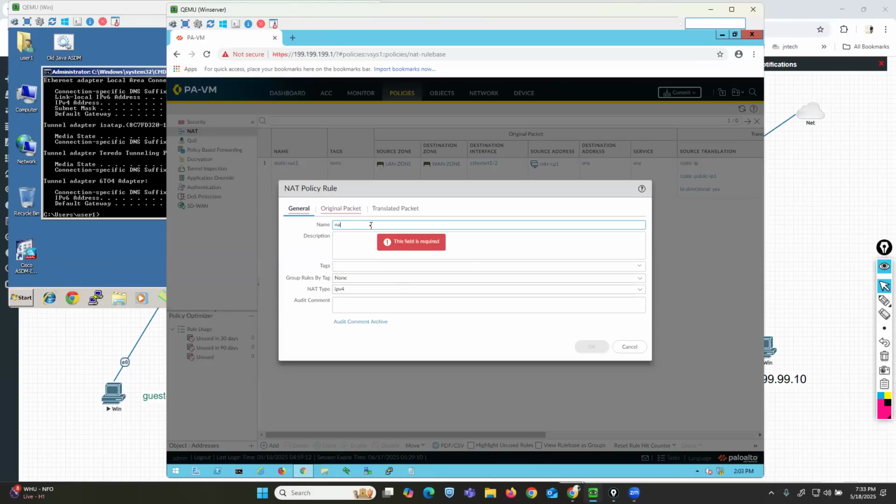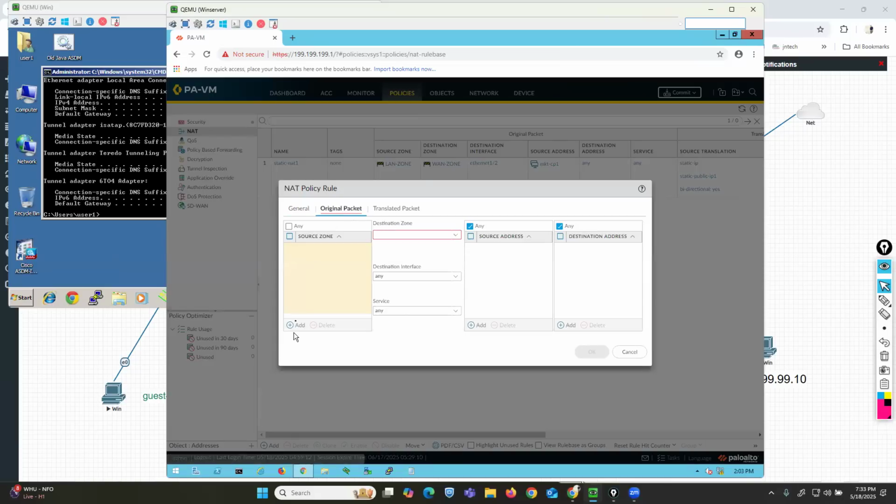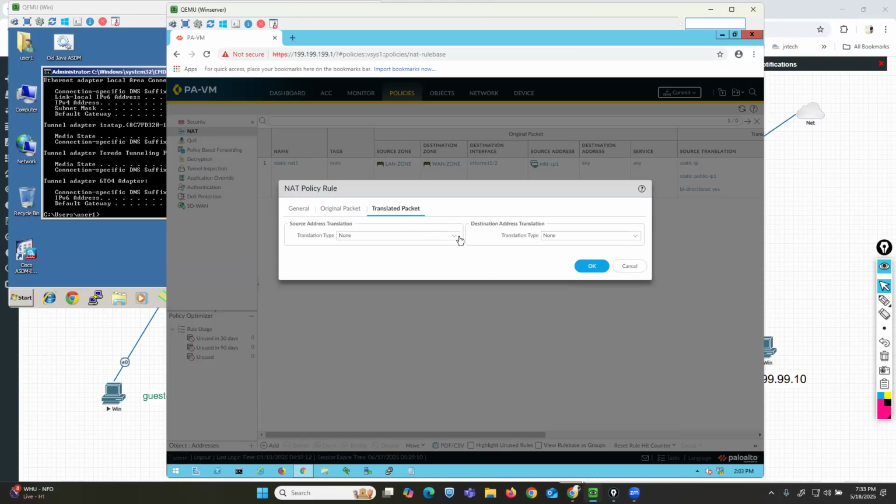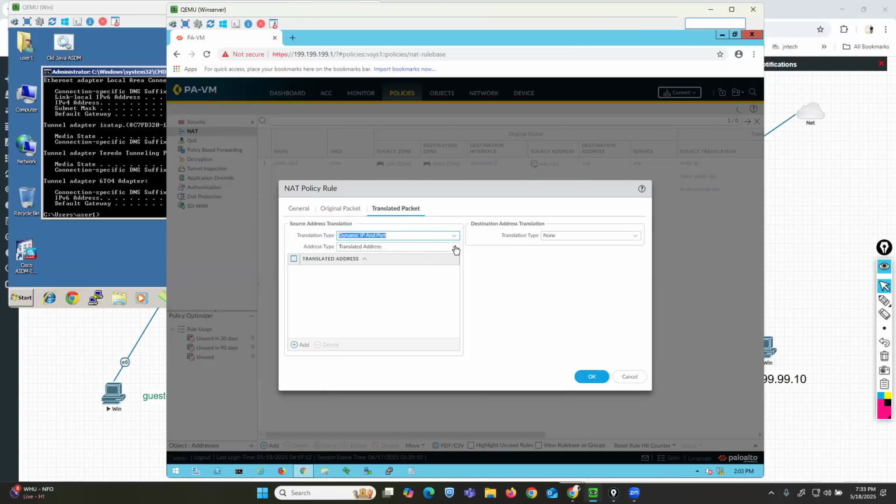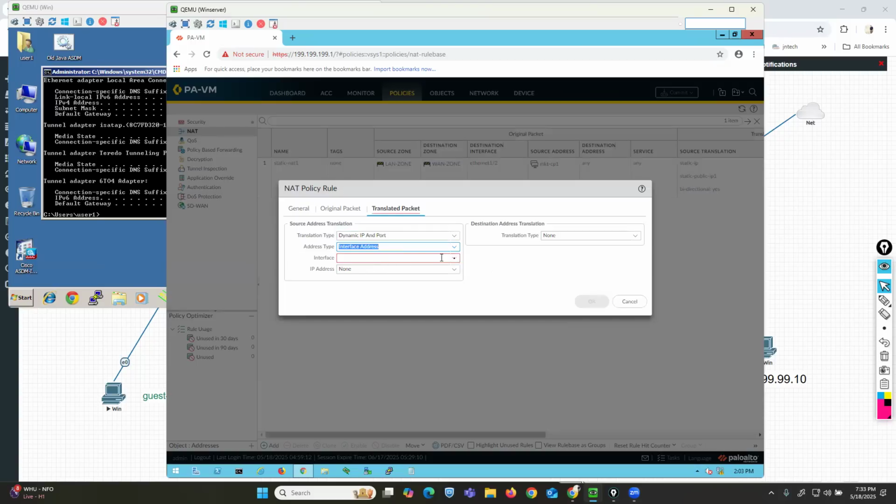So I'm creating NAT-POL original packet. If traffic is initiated from LAN side zone, trying to go on WAN side zone, destination address public facing interface, trying to access any destination, any services, any source address, trying to communicate with any destination address. For translation, I'm using dynamic IP and port. Okay. I want to translate with interface IP, and our public facing interface IP is 1/2, and the IP address we are using